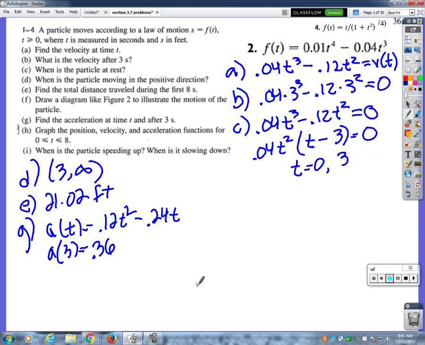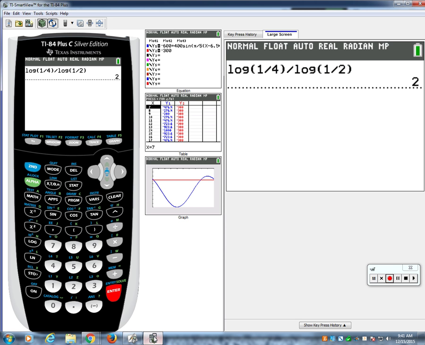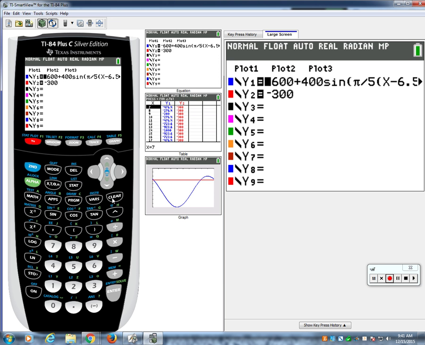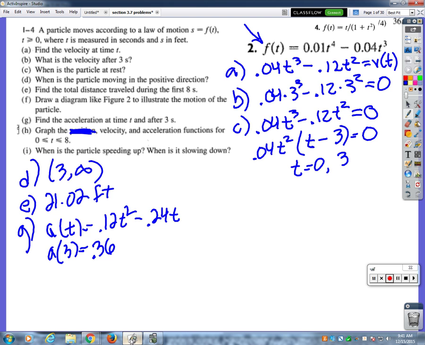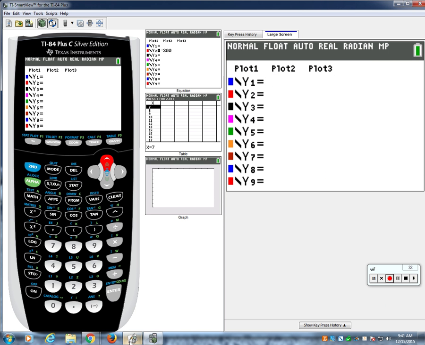Yep, that's what you got. Alright, then for h it says graph the position, velocity, and acceleration functions. I don't want to graph the position one, that just makes things more confusing than they need to be. Okay, so the velocity one is 0.04